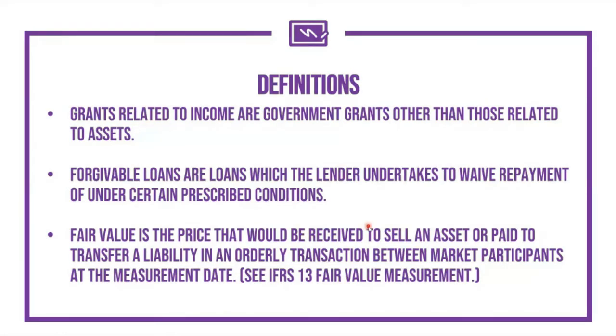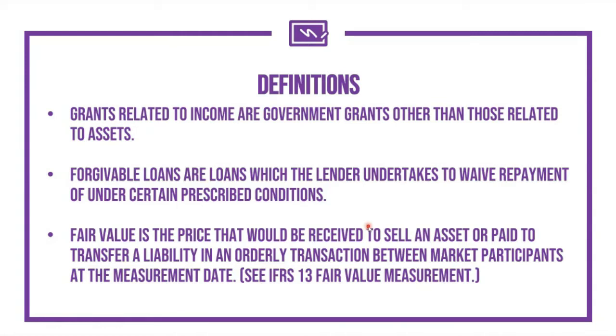Grants related to income are government grants other than those related to assets. So it is a residual definition. Meaning any type of government grant that is not considered to be grants related to assets is already grants related to income. So by residual definition, that's how we define grants related to income. But of course, just for us to have an idea of what these are, generally